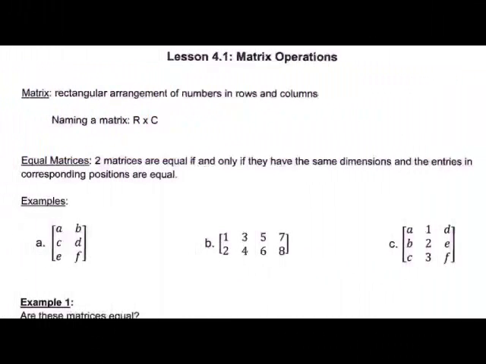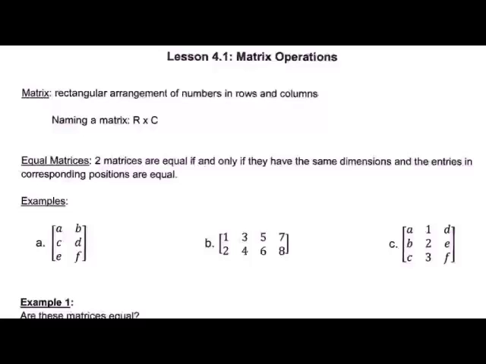These are the notes for lesson 4.1, matrix operations. Chapter 4 is all about matrices, and matrices are just a way of organizing data. So a matrix is a rectangular arrangement of numbers in rows and columns. So again, if we have multiple different numbers representing different things, we can arrange them in a matrix that makes the data a little bit more organized, and then we can also do operations with those matrices once we have